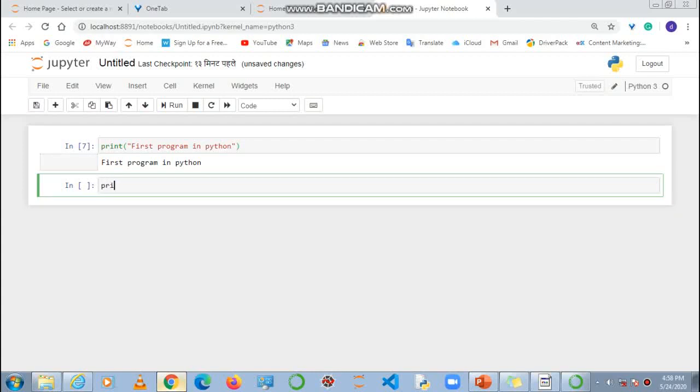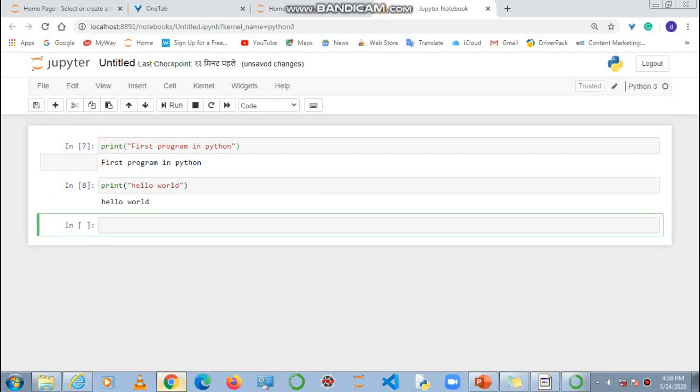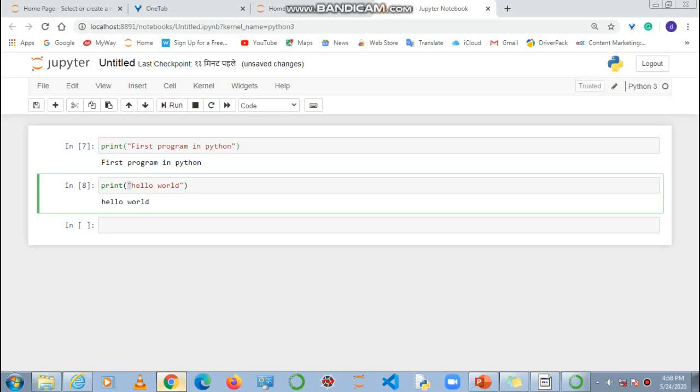This is a string. Okay, let's take another example. Let's print hello world. Okay, let's press Shift plus Enter. I got an output. Nice. So this is the string I used, and in that string I typed hello world, so that's why it gives me the output of hello world. Try to solve as many examples as possible, so you can understand that Python is a very simple and easy to understand language.